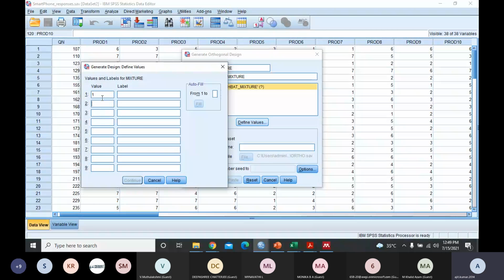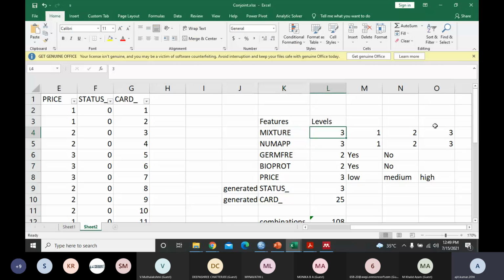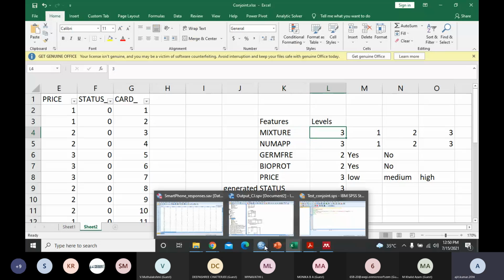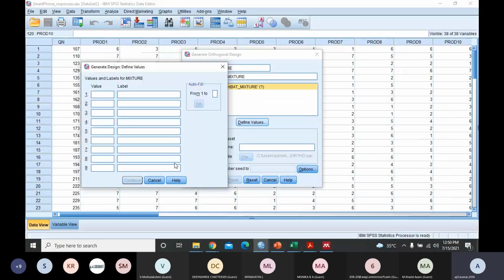How many levels are there starting from 1? In the Excel file, we see there are 3 levels for mixture, 1, 2, 3. So we can type 3 here and click fill. All these 3 values will be automatically filled. Now there is a limitation that up to 9 levels only you can enter.